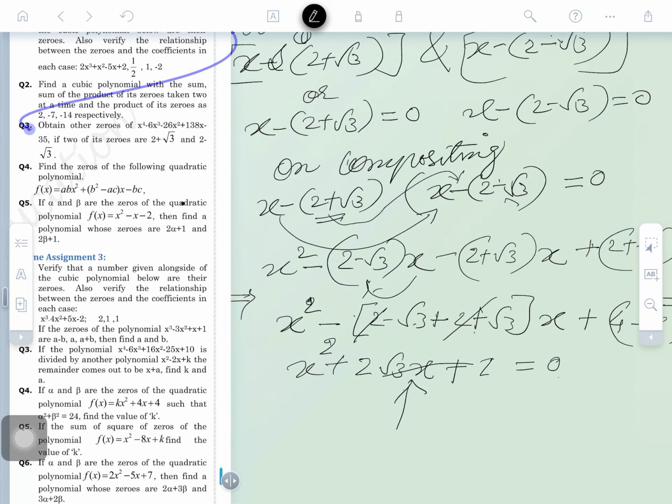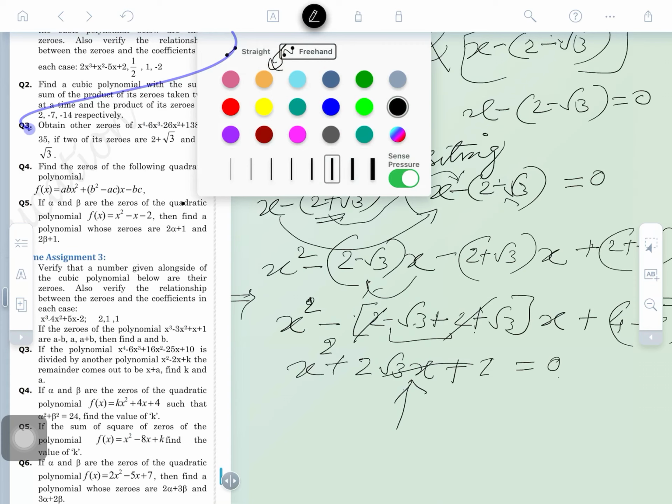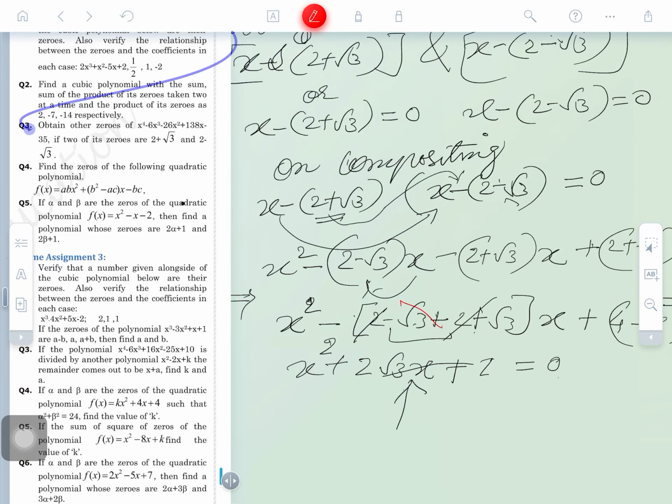One mistake we found here, what mistake, please tell me. The 2 will not cancel; the cancellation with root 3 will take place here, this is cancelling, this is not cancelling, okay. This root 3 will not cancel, 2 will not cancel. So identities can be changed here. What is that? It shall be 4, x is also there.